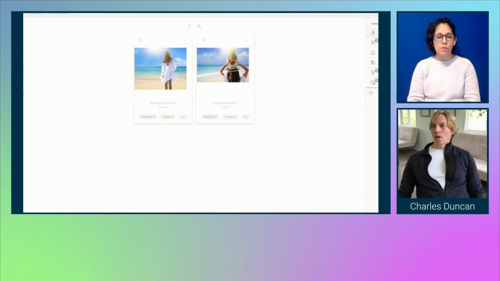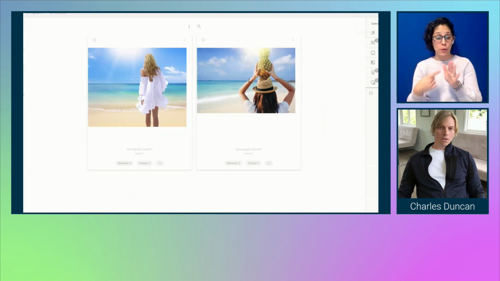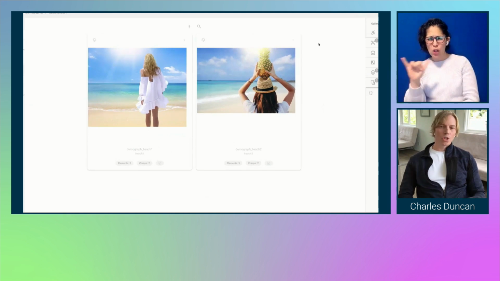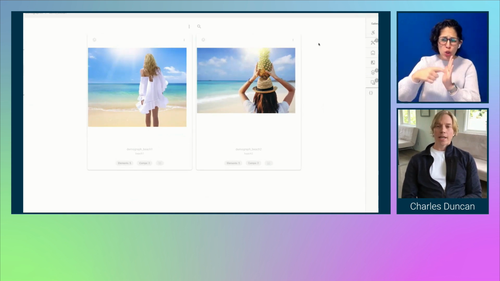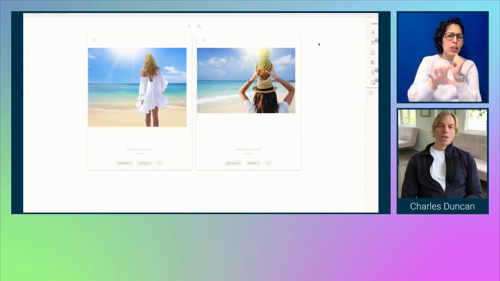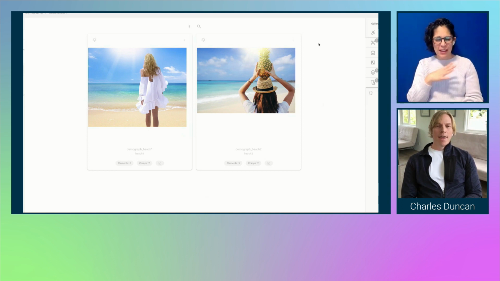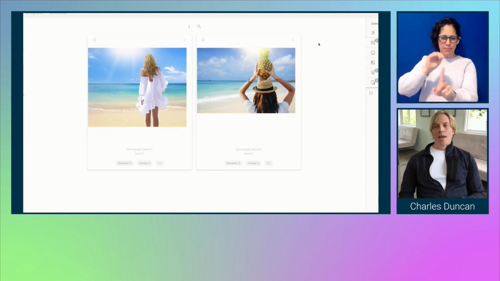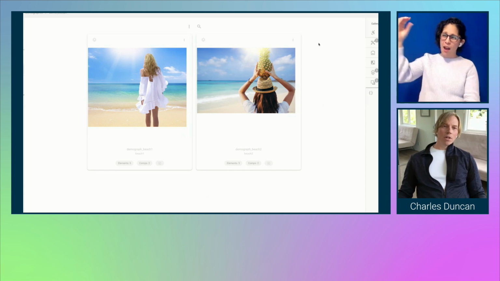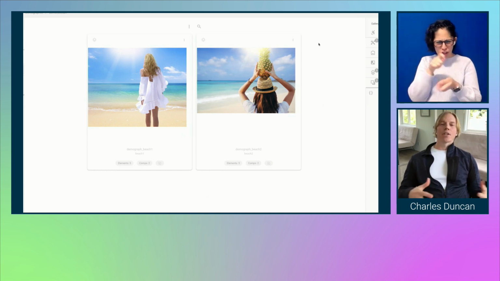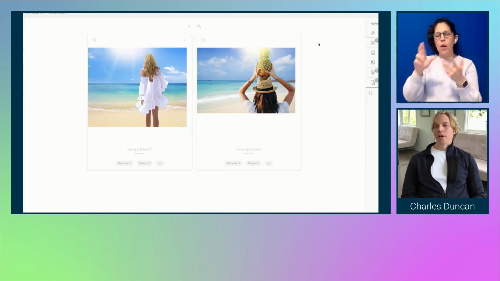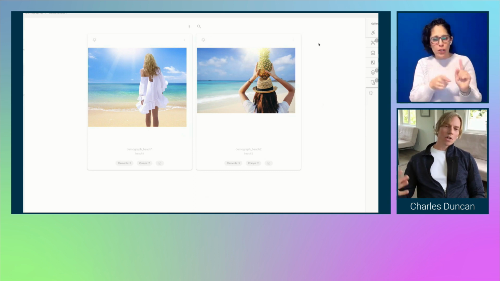All right, so I am pulling up 2 images that look like maybe a travel brochure or some sort of marketing campaign, where we have 2 beach scenes and 2 females shot from behind, and there's a sun in the sky. And so how would we go about changing the demographics that we're targeting? Maybe we're going to target a different